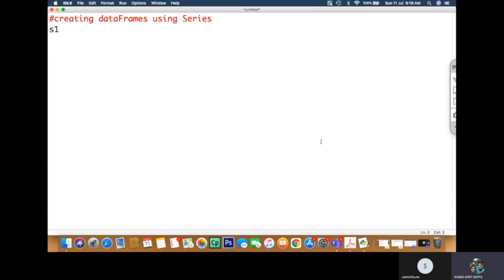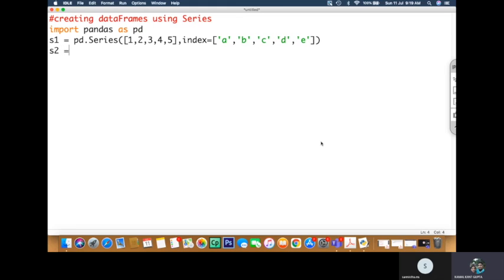S1 is equal to, import pandas as pd. This one is equal to pd dot series, and here you will pass A B C D E, and then we have S2 equal to pd dot series,